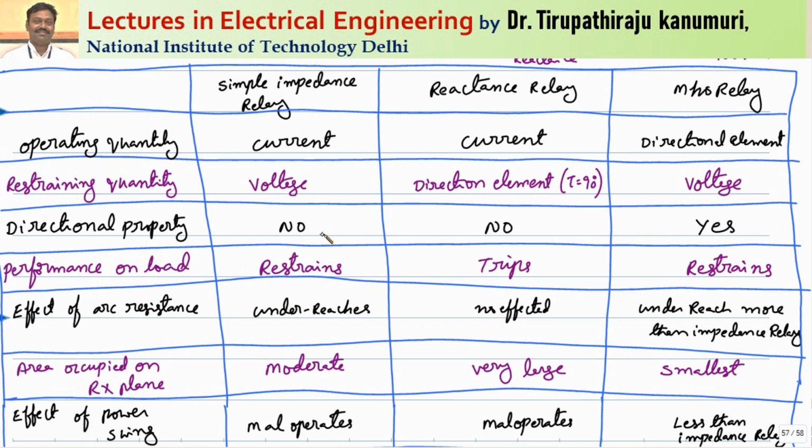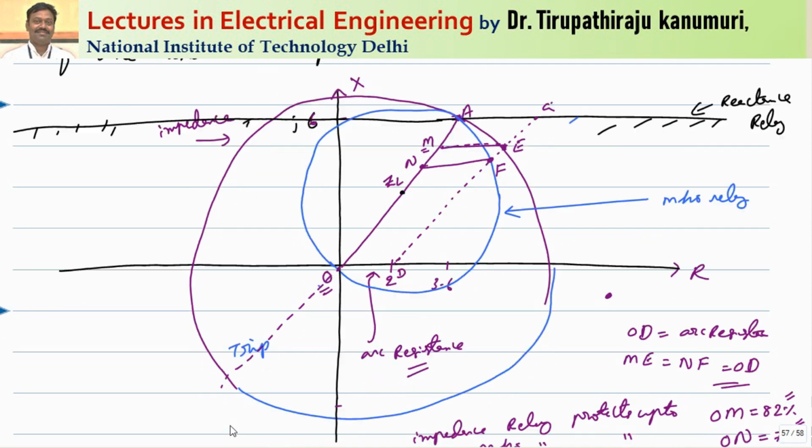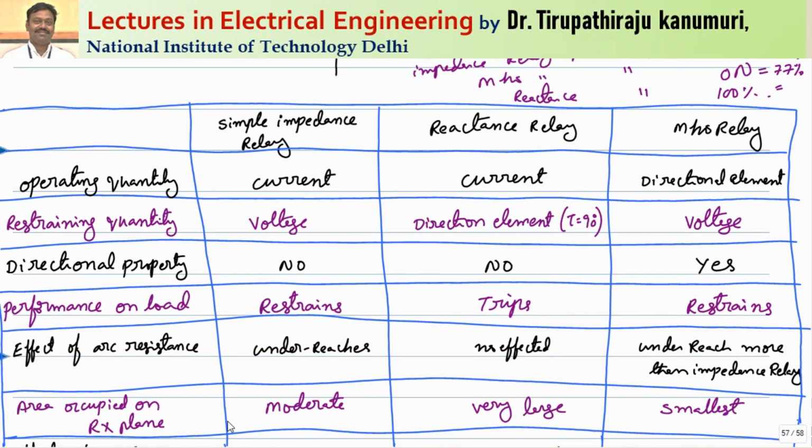This we have already discussed in the beginning of this lecture. So the directionality property is not there for the impedance relay and reactance relay, because they operate for fault values both in the positive direction as well as the negative direction, whereas the mho relay has the directional feature. It will not operate for the negative direction of the fault characteristics. Let us take, for example, this is the fault characteristic of your line. You can see here, up to the negative side also, the impedance relay as well as the reactance relay are covering this region. Whereas the mho relay only covers up to here. It will not operate for faults in the negative direction. Only the reactance relay and impedance relay will operate for this one.